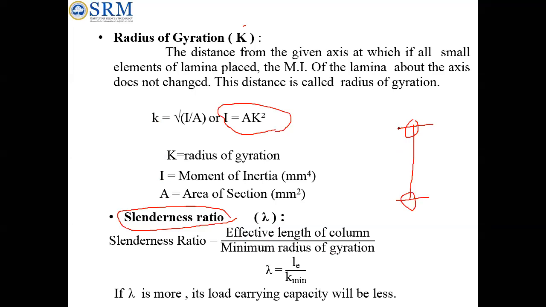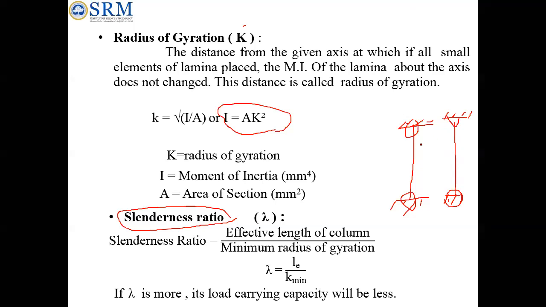So what does constraint mean? If I have a fixed constraint on both sides, the rotation is constrained and the linear movement is also constrained. Say, for example, I have a hinge support at one end and the other end is fixed. In this case, at the fixed end both the linear movement and the rotation are arrested, whereas at the hinged end it is still free to rotate while the linear movement is arrested.